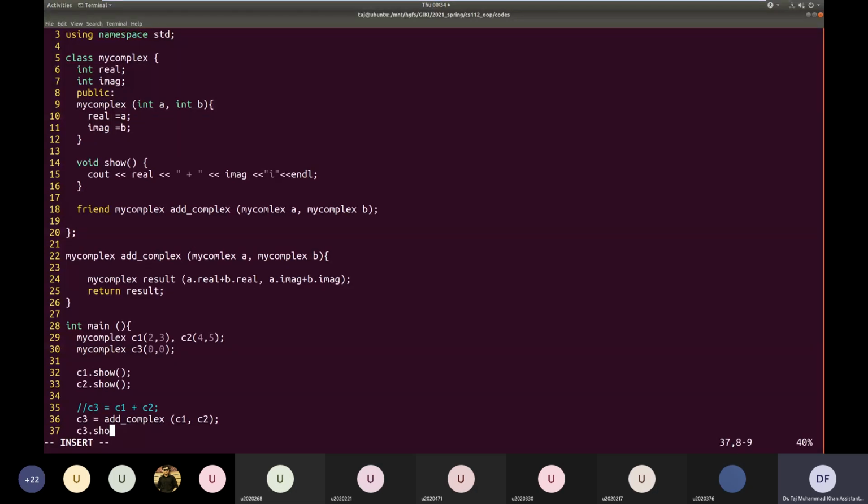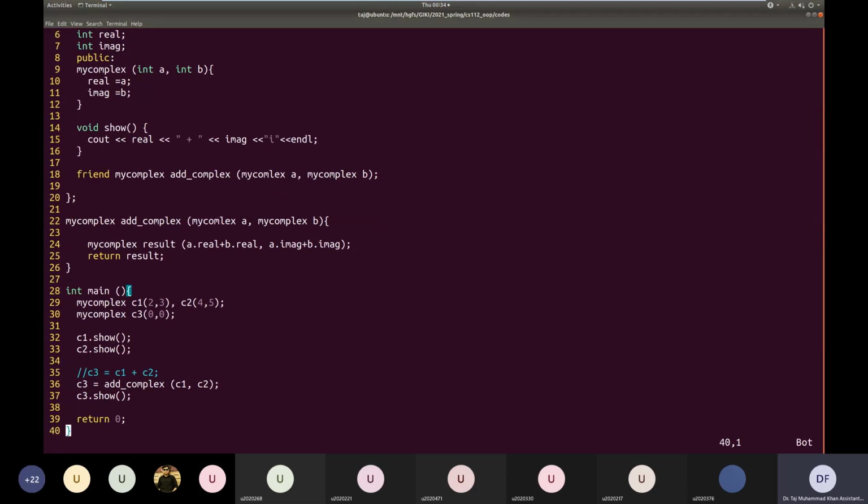So what we have done is define the addition of two complex numbers with the help of a function. We have named this function on line number 22 as add complex. It takes two objects of type complex.